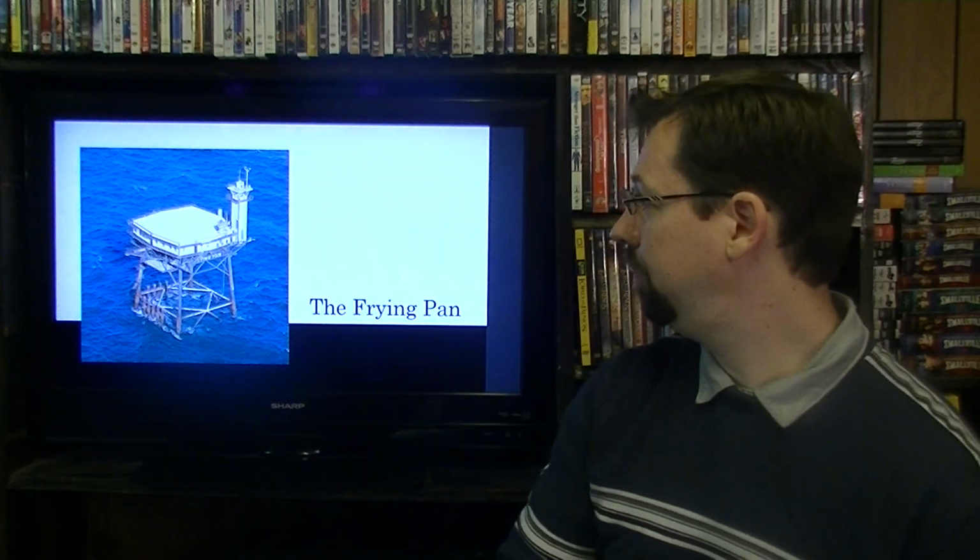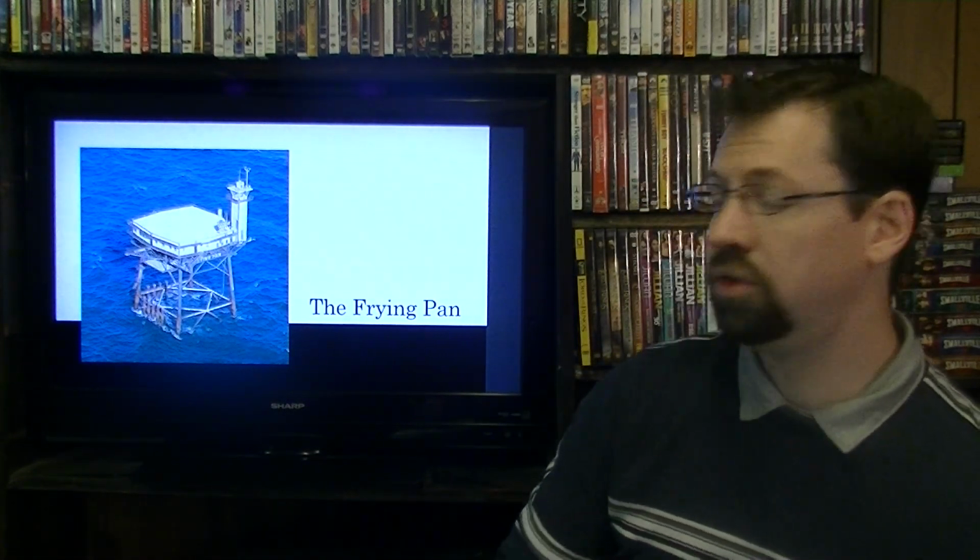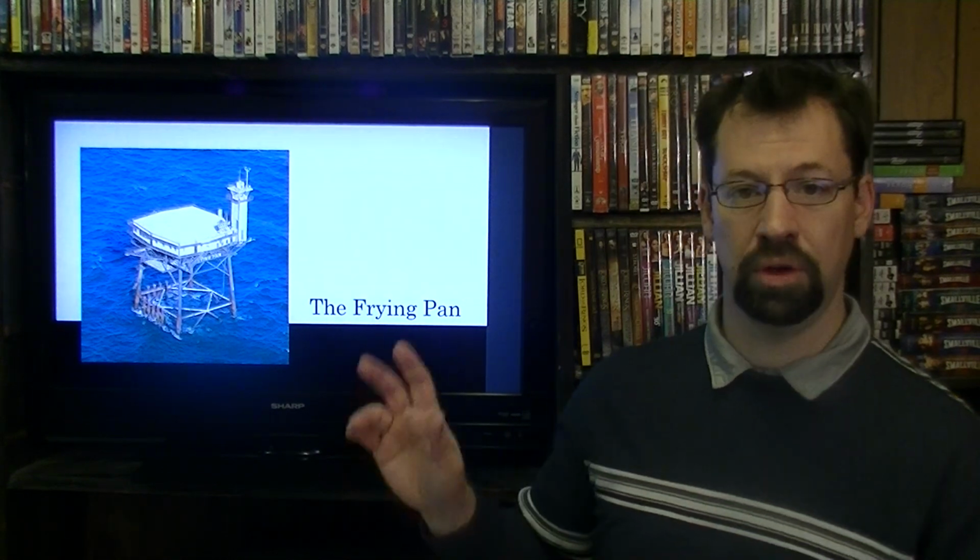I want to introduce us to the Frying Pan Tower. Frying Pan Tower is found off the coast of South Carolina, and I'll explain why I'm introducing you to it shortly here. But please note the very distinctive shape to it. Also, this is the Carnival Pride. The Carnival Pride is a cruise ship that, back in early 2016,